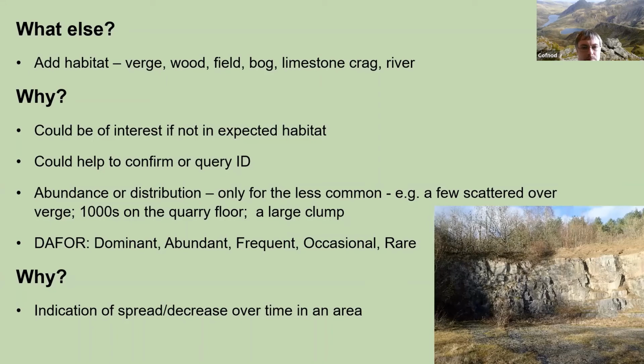It's important, if you can, especially for the scarcer, rarer plants, to put in something about abundance. That's how many, how much, and distribution or frequency, where do they occur? And it's useful to know. A few scattered plants on the verge, for example. There's a photo of a quarry. You might have thousands of orchids on that quarry floor. A single large clump is really, really useful. Why? So that we can go back later on in the season, next year, 10 years time, who knows, to get some indication of a spread or a decrease, or even, in fact, most of the time, a loss of